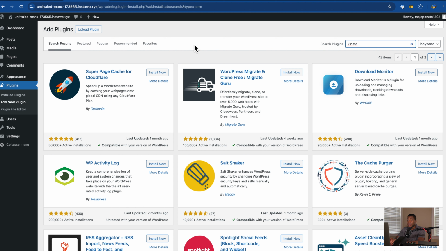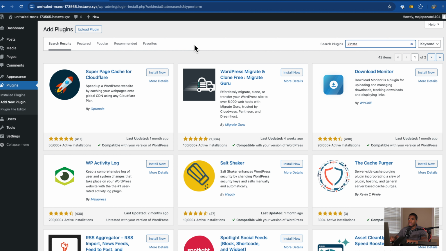And then another caching plugin that I use. So I use, as I mentioned, SiteGround's Optimizer when I'm using websites on my SiteGround hosting. And then I'll use Kinsta's caching when I'm using websites on my Kinsta hosting. But here's the best part, and this is what I love about using third-party tools that are compatible with other